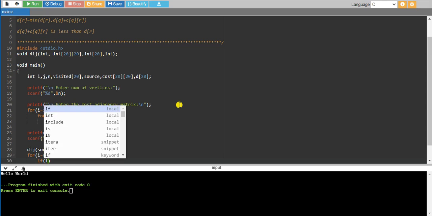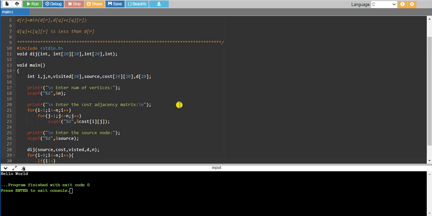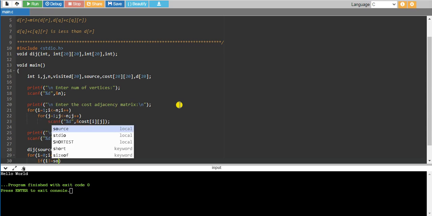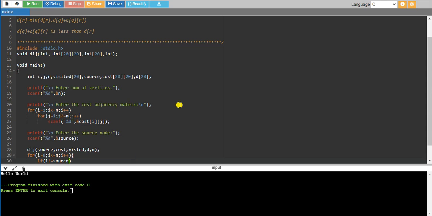If i not equal to source, we have to check whether that vertex i is the source or not. So if it is not equal to source, then